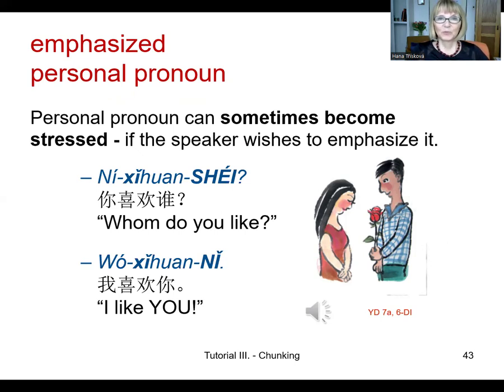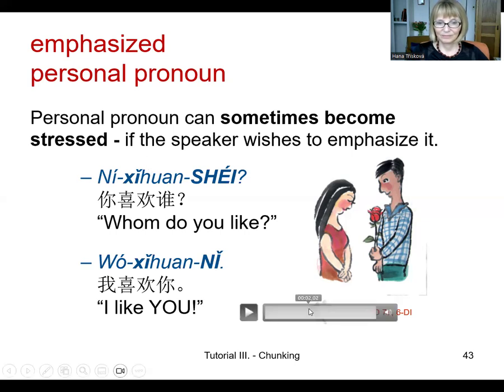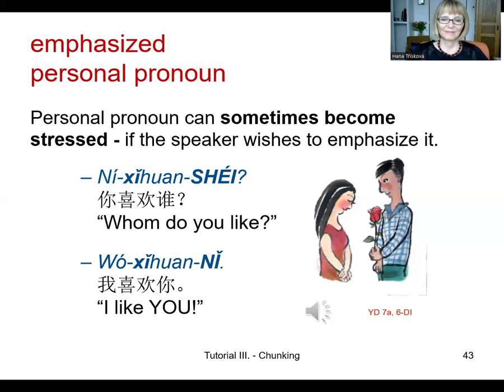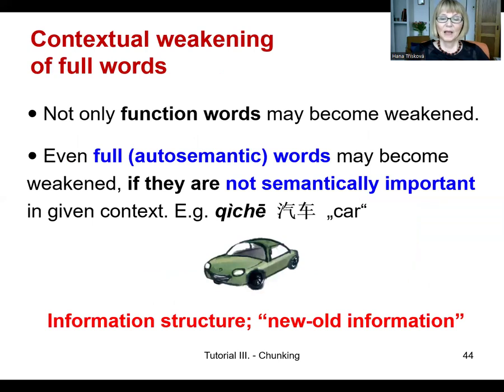Okay. I told you that personal pronouns in most cases like to be weak, unstressed. But if the speaker wishes so, he or she can stress them, emphasize them, such as in this romantic conversation. 你喜欢谁？我喜欢你。 You can hear that 你 is very prominent, stressed. Once more. 你喜欢谁？我喜欢你。